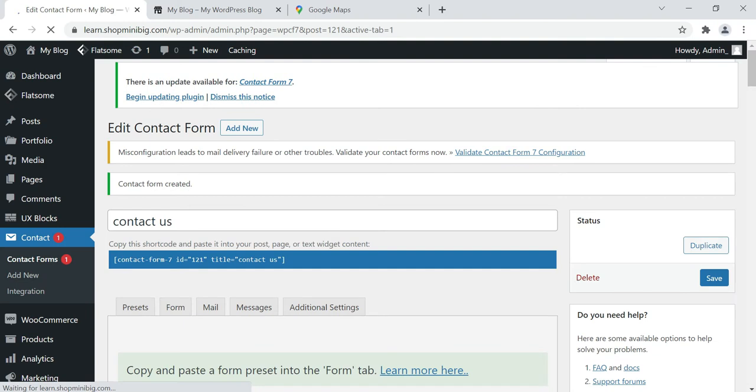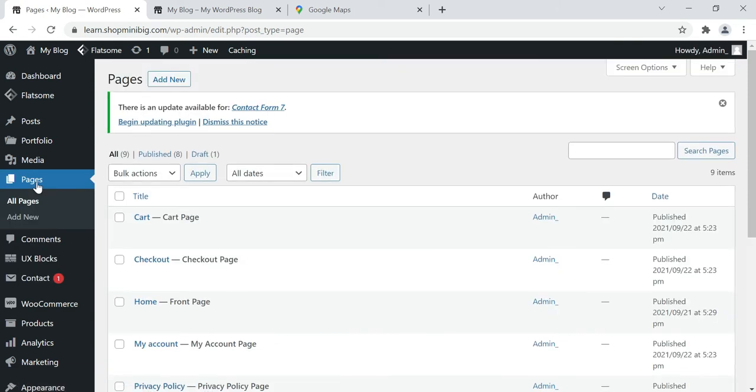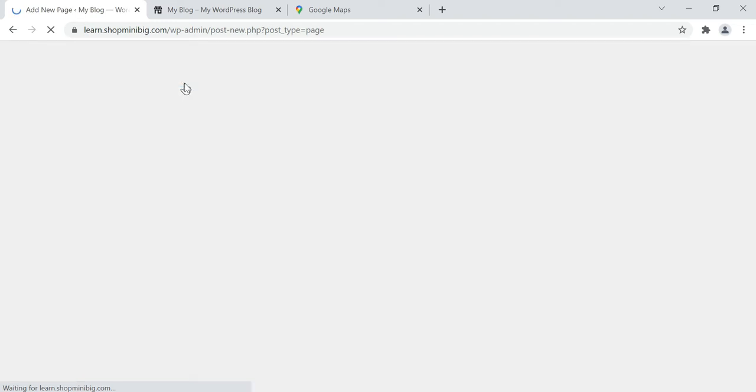Then go to pages, then click add new. Wait a while.